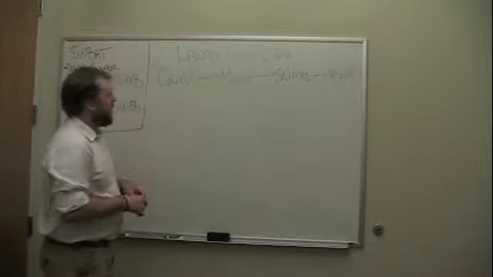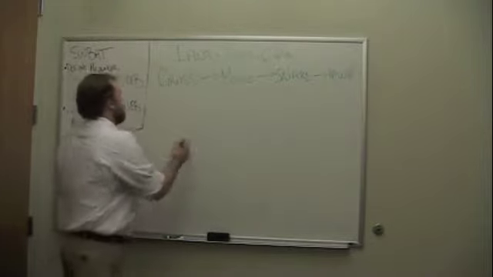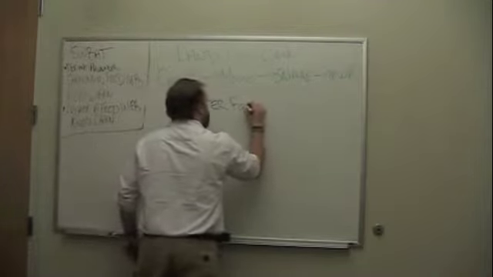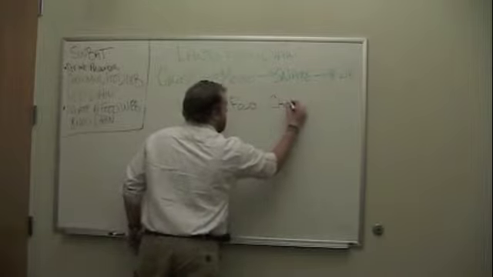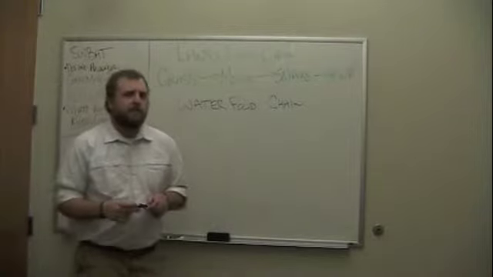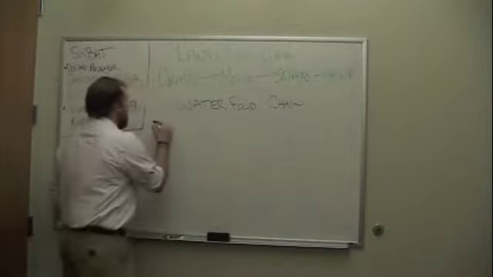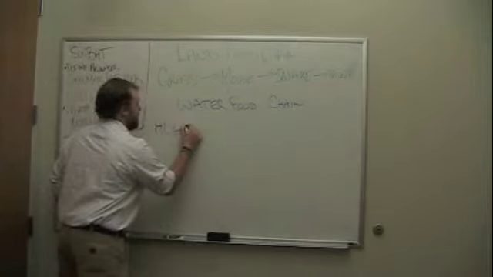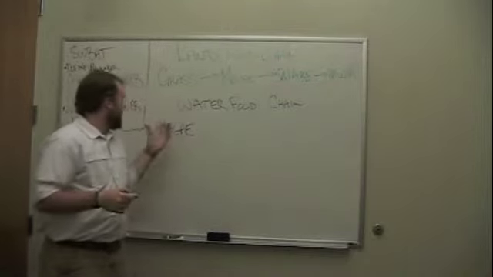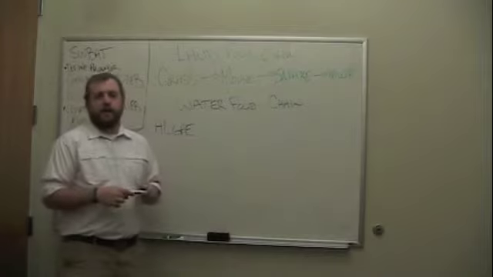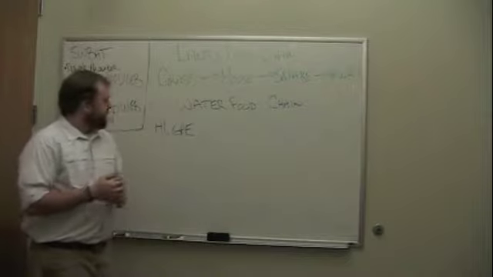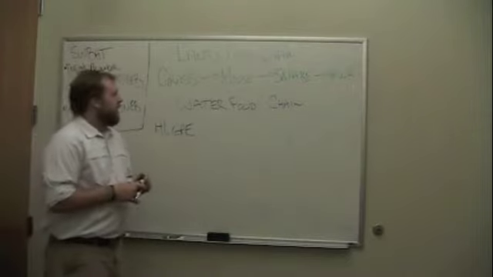So now we're going to make a water ecosystem's food chain. So where can we start in a water ecosystem? Algae, yeah. Algae is one of those nice photosynthetic organisms that just float around in the water, and they are the base of a lot of aquatic ecosystems or aquatic food chains.